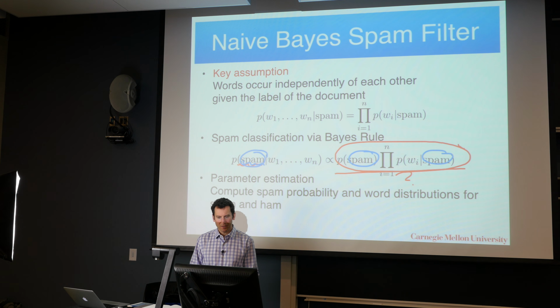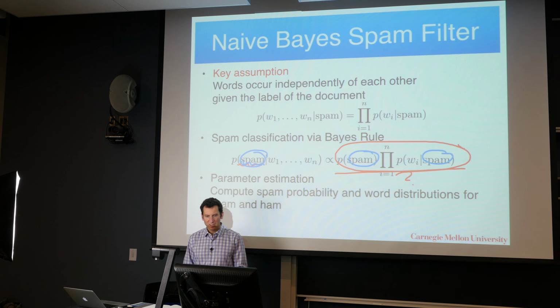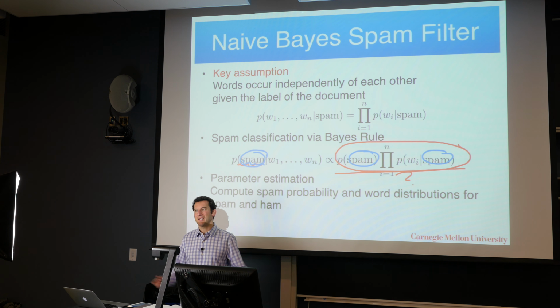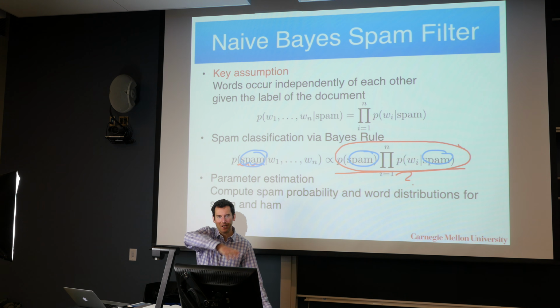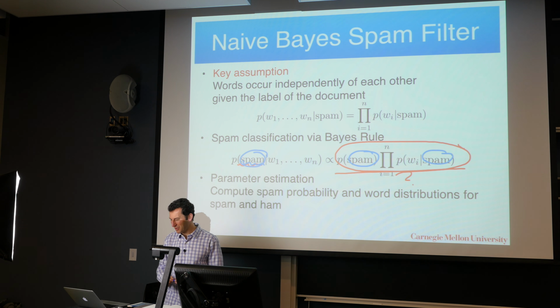And so now, if I want to actually do something useful with it, I need to go and compute the spam probability and the word distributions for ham and spam. Now, computing spam probabilities is easy, right? All I do is look at, let's say, those emails, count the number of total emails, count the number of spam, count the number of ham, and voila. So this is kind of okay, but a couple of things can go wrong.